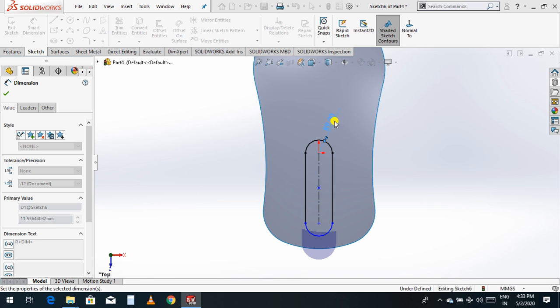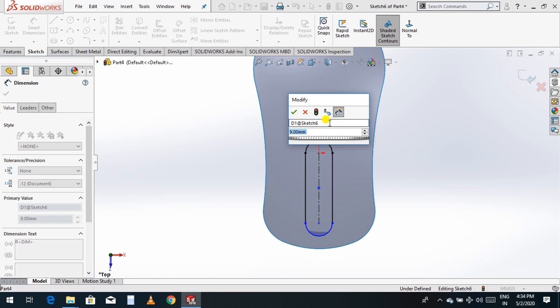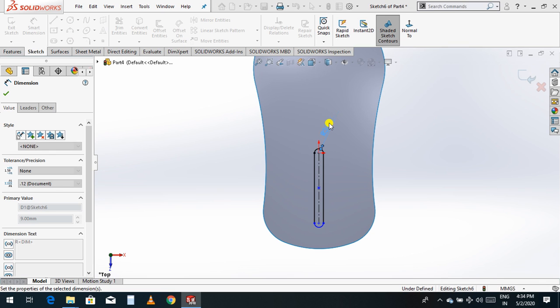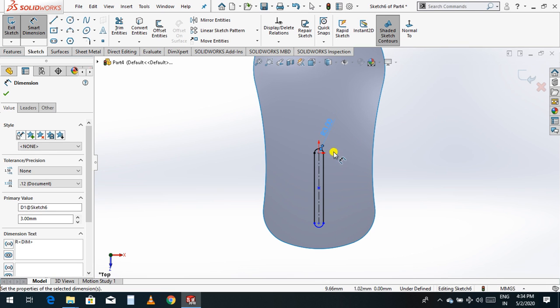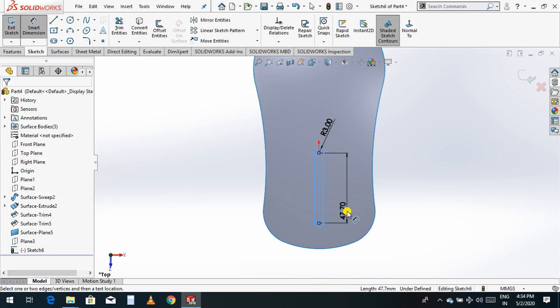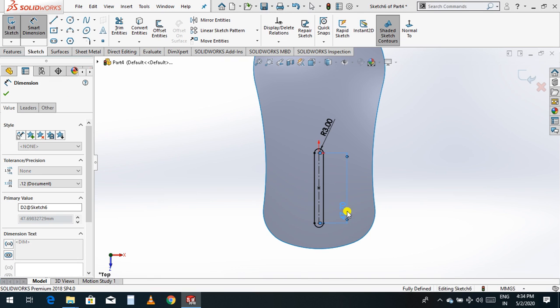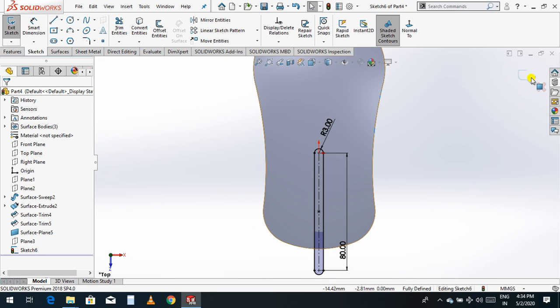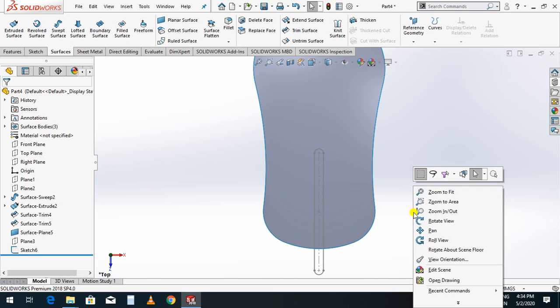I'll take 9. If I take 3, it will be like this. I'll take 3 and this one I'll take 80. Click OK, exit. Now just rotate.